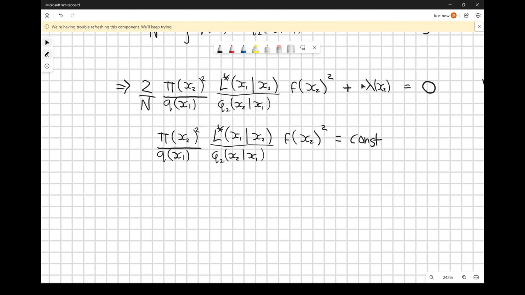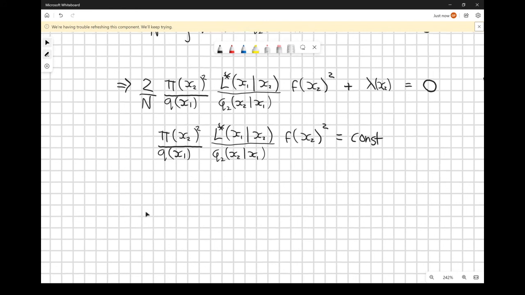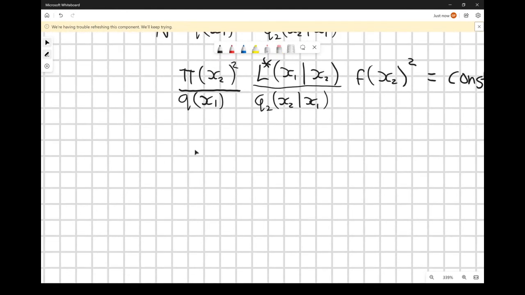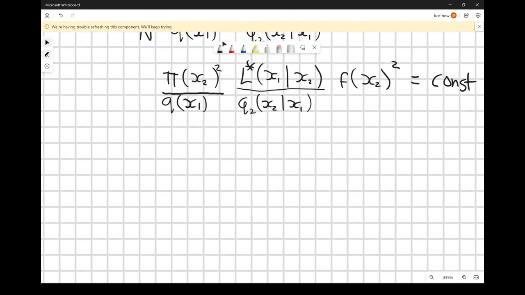Okay, now this is just a constant, so we can move it onto the right hand side of the equal sign, and we can also multiply it by other constants that we've got over here, i.e. this 2 divided by n. And so what we finally arrive at is that the condition we need to satisfy is that this term here is constant regardless of our choice for x1 and x2. So given that information, that implies that our optimal L-kernel